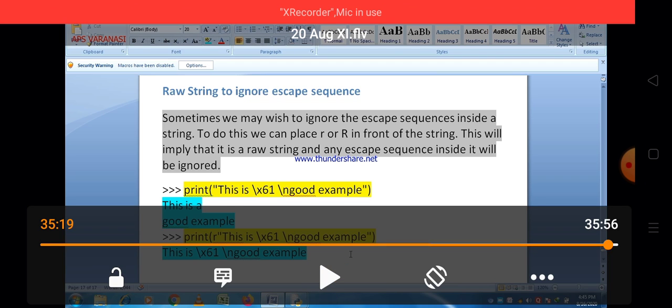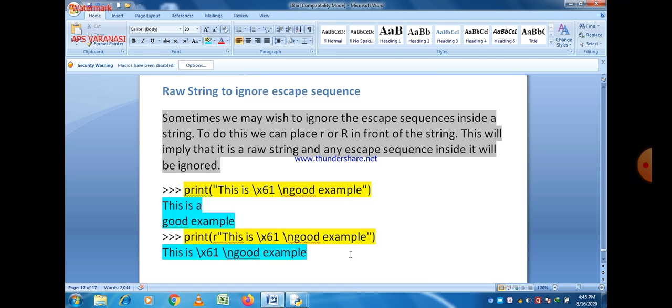So this is all about our today's lecture. I hope you are able to understand the concept of format and escape sequence now. Just do some programs on the basis of these two concepts. It will give you a clear-cut idea about how to use them and what is the significance of these two important methods. So thanks for watching this video.